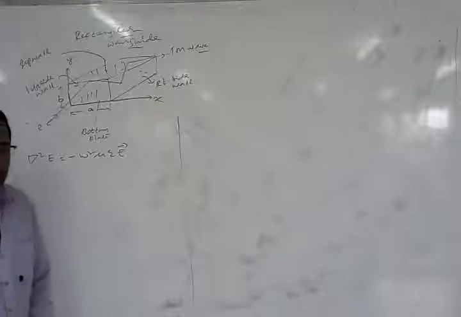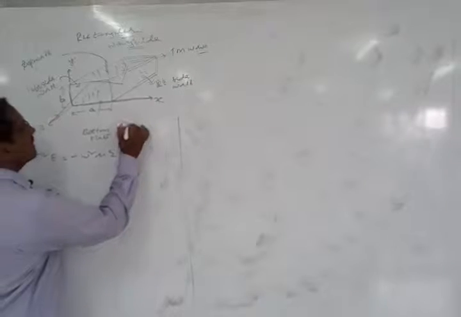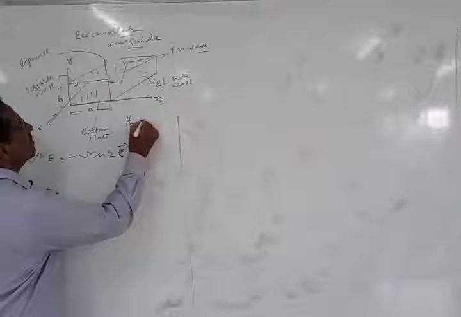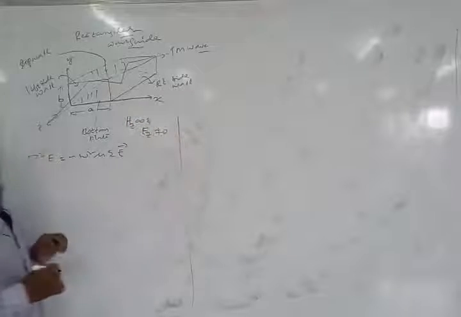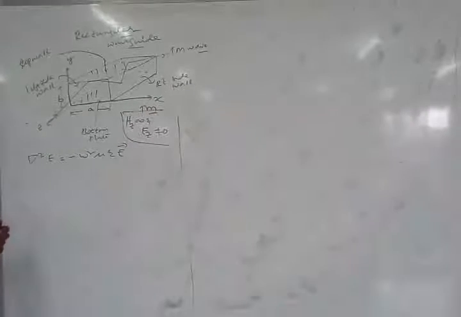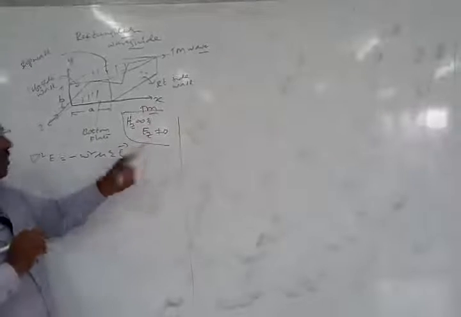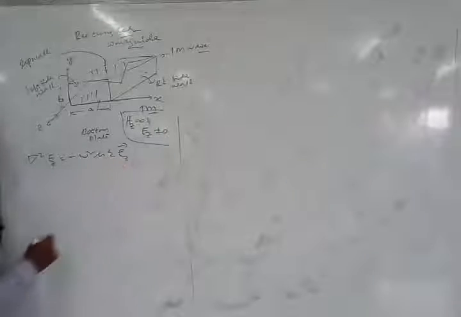From the wave equation represented in the spatial domain, known as the generalized wave equation, here we are considering the electric field along Ez, because what is the TM mode? In TM mode Hz is equal to 0 and Ez is not equal to 0. So this is basically the TM mode. As per the TM mode we have this equation. Therefore we consider the direction of the electric field along the z direction, and hence we take this as Ez here.